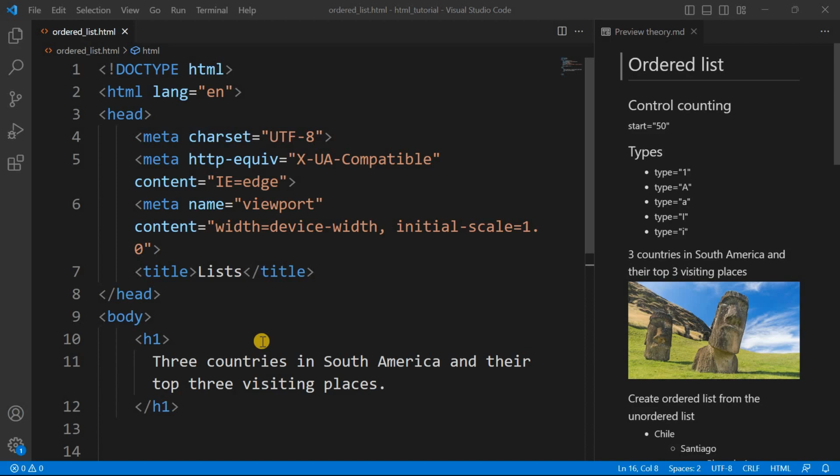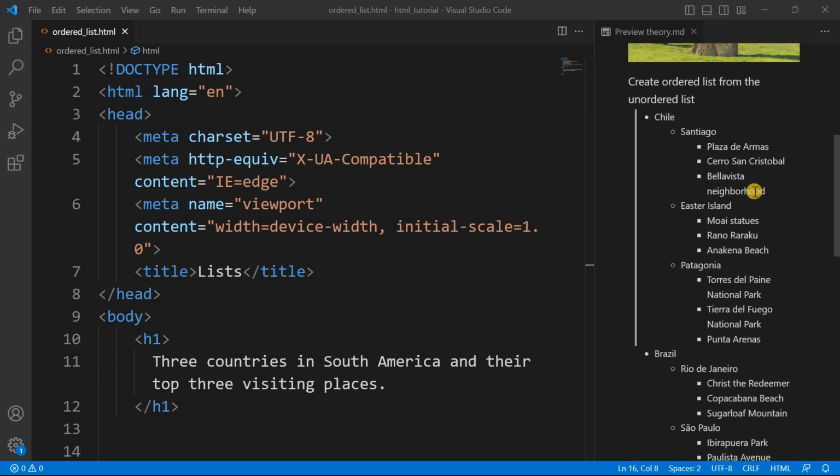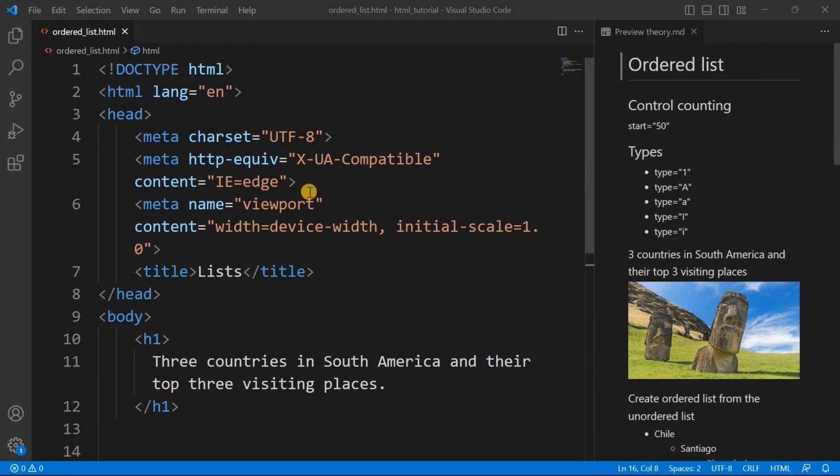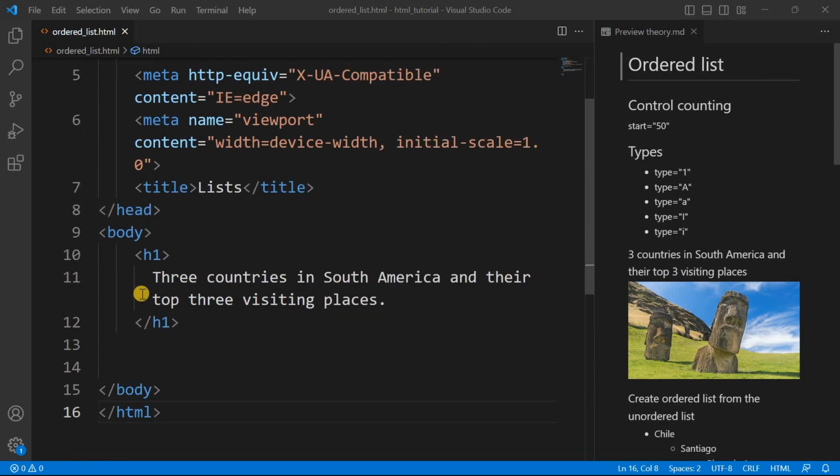Today we will discuss ordered lists in HTML. In the previous video we discussed unordered lists. Today we will convert this multi-level unordered list into an ordered list partly, and the remaining part you may practice if you want. Here I have a basic HTML document with a head part, and also in the body we have